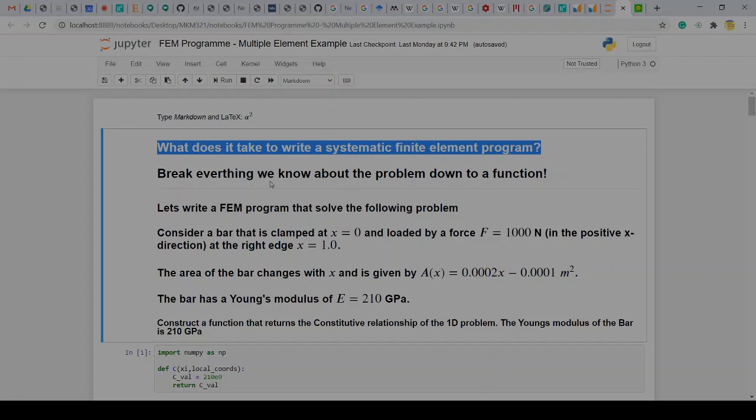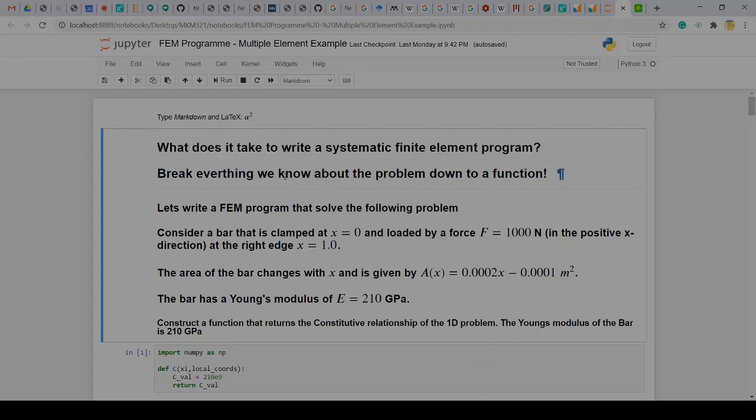The reality is, if you want to write a systematic finite element program, we first like to write small functions that take this big problem that is a finite element program and break it into smaller chunks. And that is really how any of these longer projects that you would tackle would work. That's what you've also learned in NPR 2 and 3. If you have a complex problem, break it down into a lot of smaller problems. The smaller problems are solvable, and then you pack them together like a puzzle